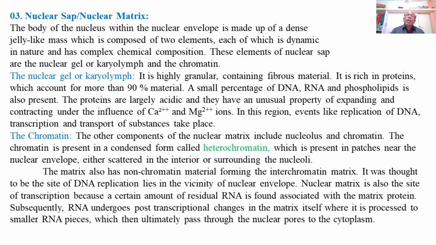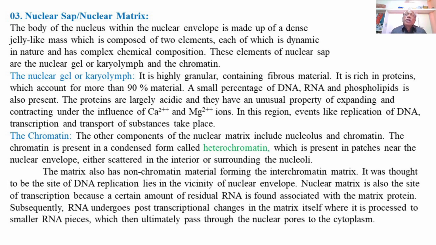So there are two types of chromatin materials present in the nucleoplasm, such as heterochromatin and euchromatin, but they are in the form of filamentous structures, that is chromosomes. Then the nuclear matrix also possesses a large amount of proteins, enzymes, different types of ribosomes, ribosomal subunits, and RNAs, which are produced in the nucleolus and then occur in the nuclear matrix, from where they are then supplied to the cytoplasm for the purpose of